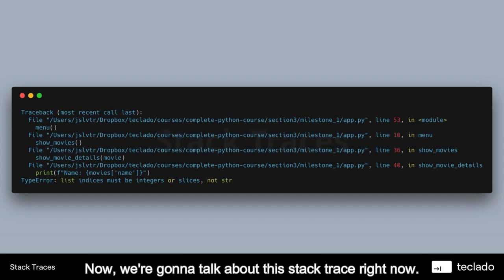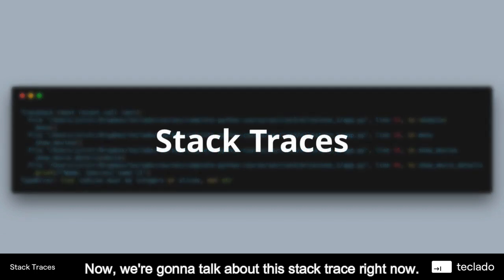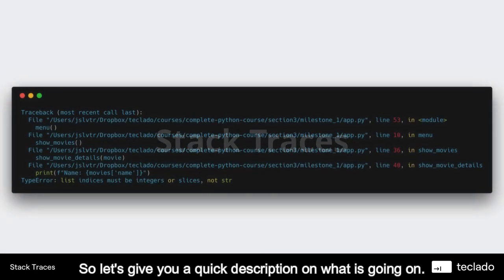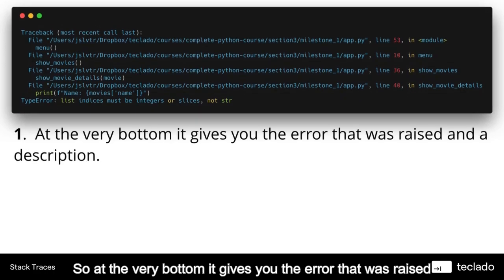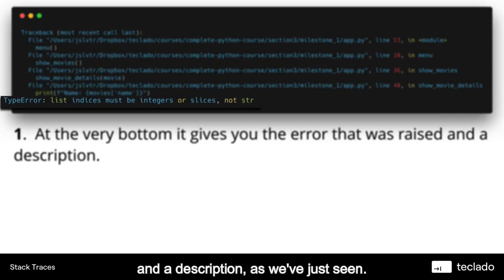Now, we're going to talk about this stack trace right now. So let's give you a quick description on what is going on. So, at the very bottom, it gives you the error that was raised and a description as we've just seen. In this case, it's a type